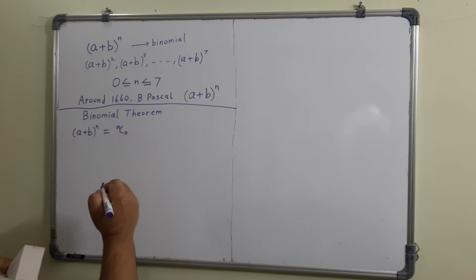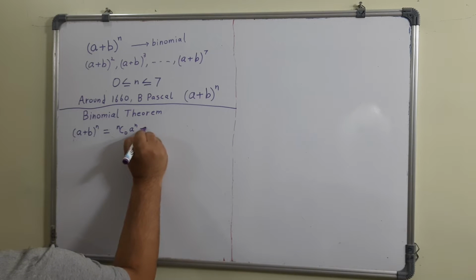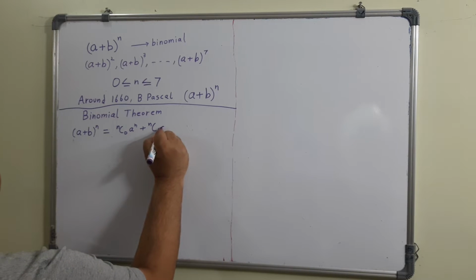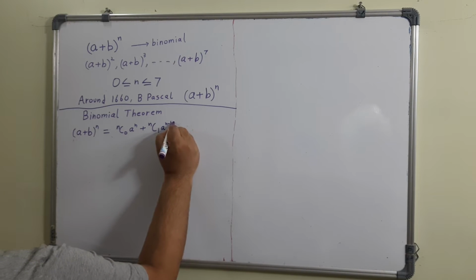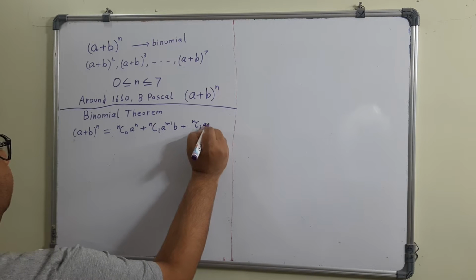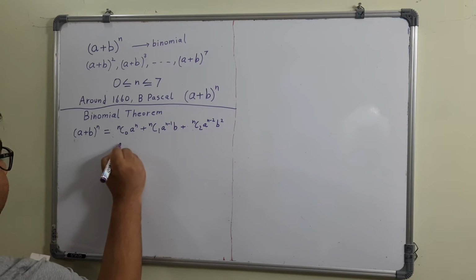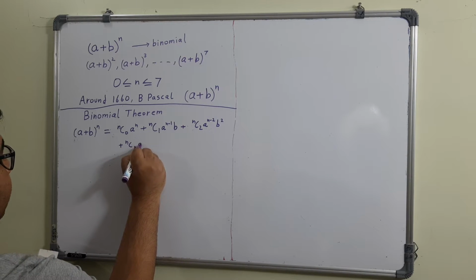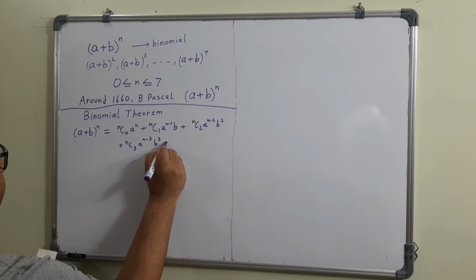nC0 a^n plus nC1 a^(n-1) b^1 plus nC2 a^(n-2) b^2 plus nC3 a^(n-3) b^3 plus and so on,